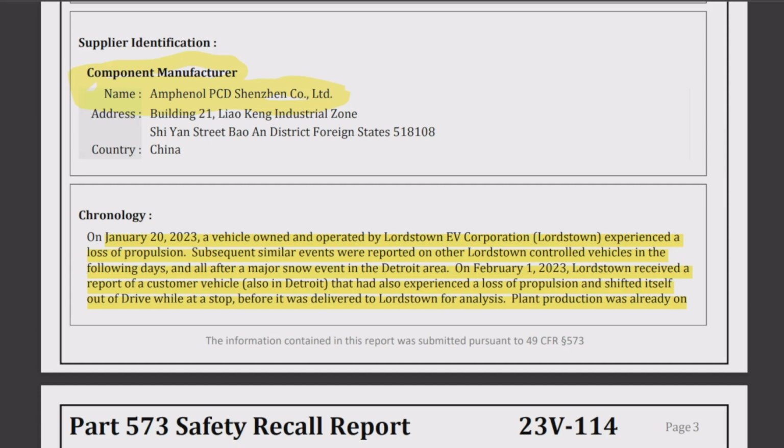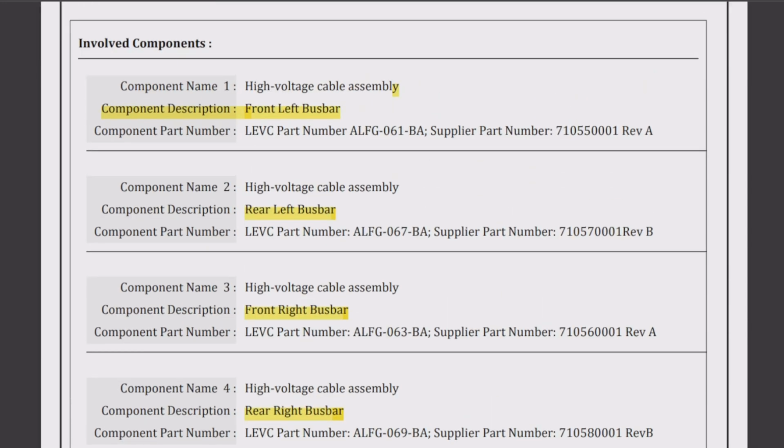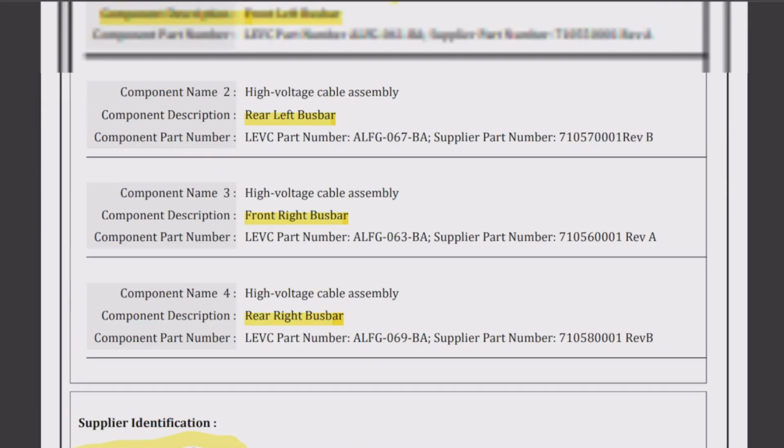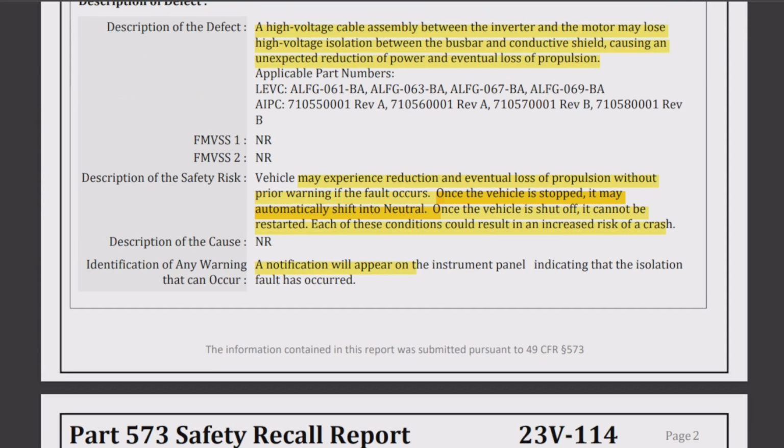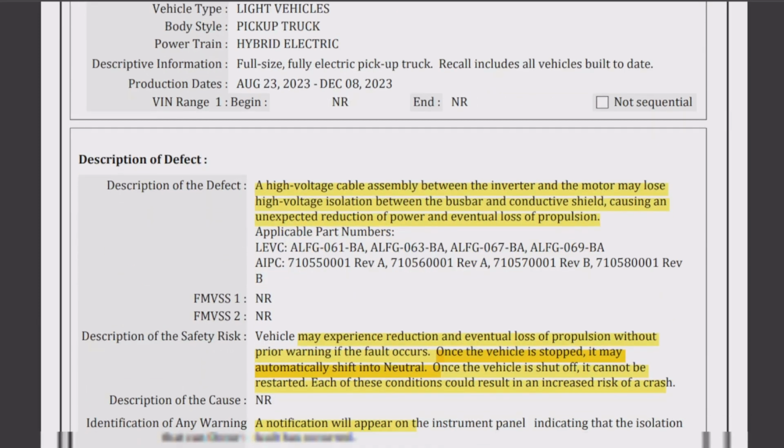Looks like a snow event caused this to happen. Whether these connections and so forth receive such a high level of testing, I can only say that you saw the winter testing Hightower was doing on that frozen lake, and as I said, I think once these components moved from the initial prototype phase into mass production,